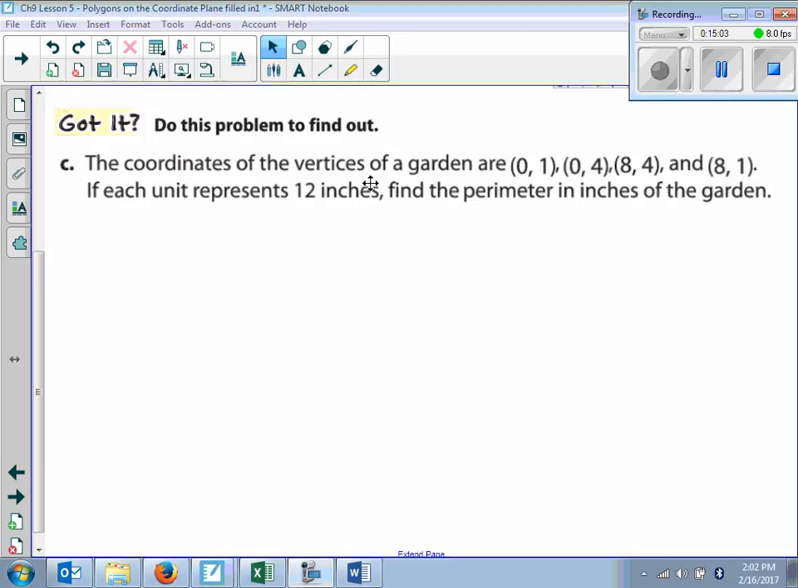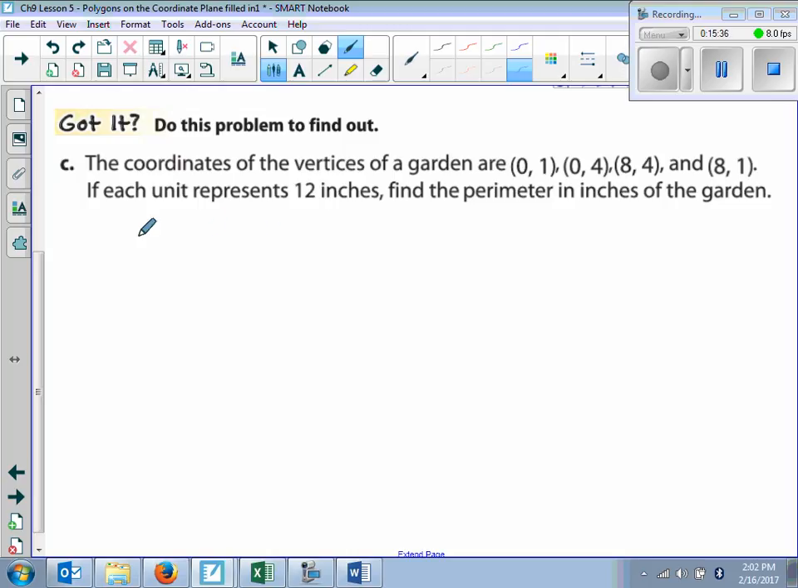The coordinates of the vertices of a garden are as follows. If each unit represents 12 inches, find the perimeter in inches of the garden. So here we want to find the length and the width and then find the perimeter, right? We're going to use the same formula as we did before. So if I'm looking for, and I'm not even going to draw the picture, we're just going to try to visualize it, if I'm looking for the horizontal length,